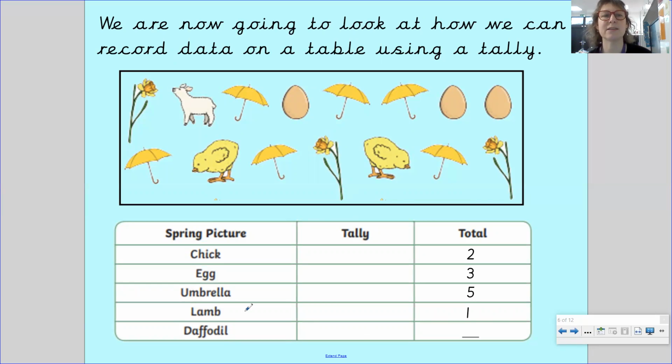So now let's look at this chart here. We're going to count how many chicks we've got. We have got 1, 2. The total's already been done for us. Eggs, we've got 1, 2, 3. And the total's been done for us. We've got 3. Let's count the umbrellas. We've got 1,